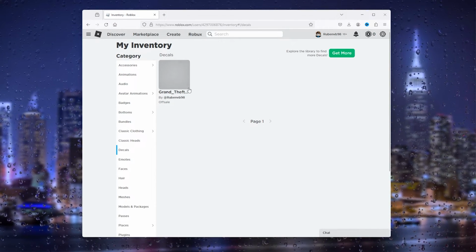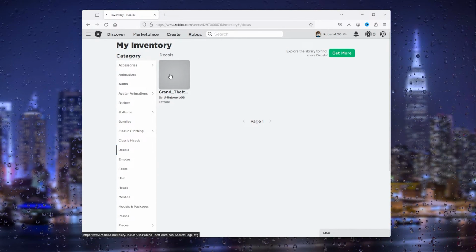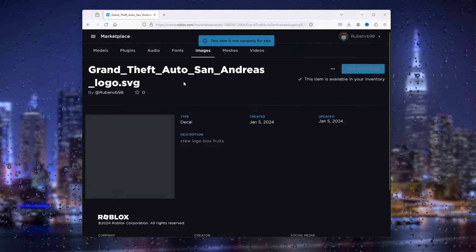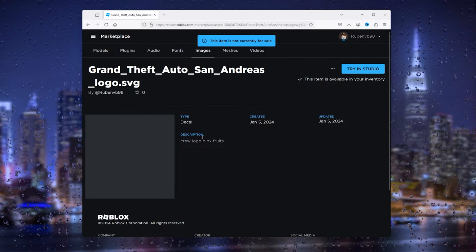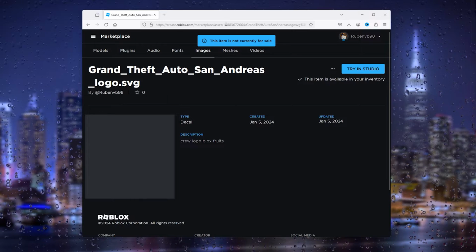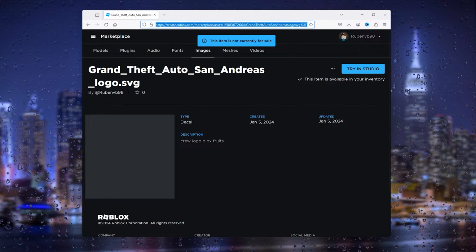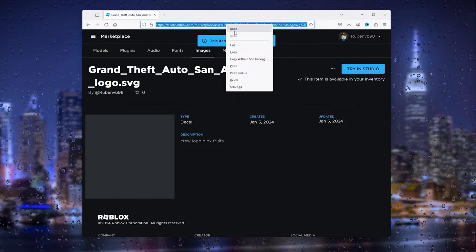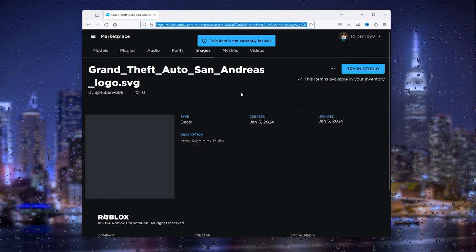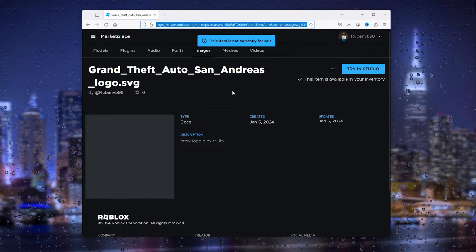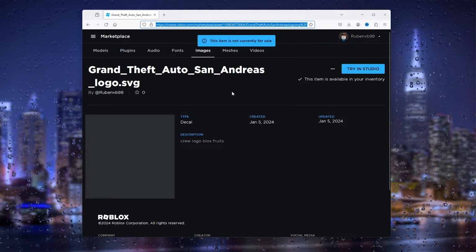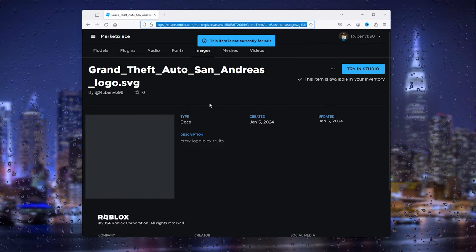Now as you can see, my image that has been created is right here, and it's very important to open it up and go to the tab right here, the link, and you copy it. This is very important, so simply copy it. And now I'm going to open the Blox Fruits game and check it out to actually create a crew logo